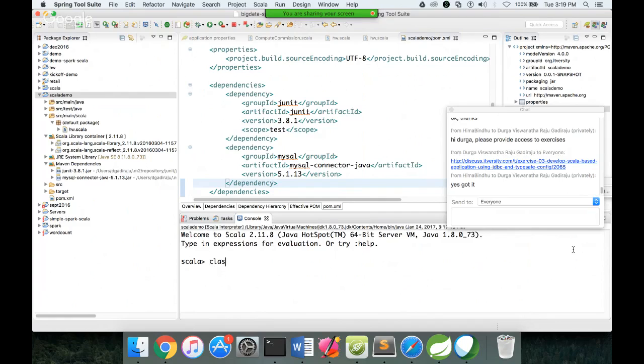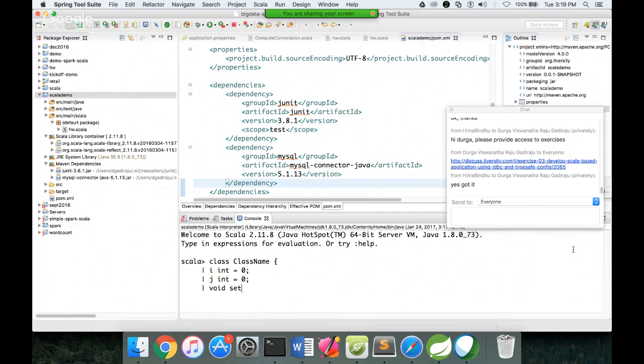So it will look like this: class name, and then you give variable names like i int equal to 0, j int equal to 0,